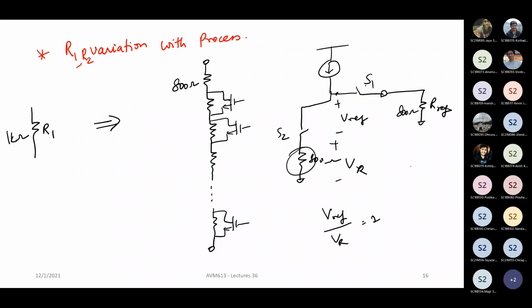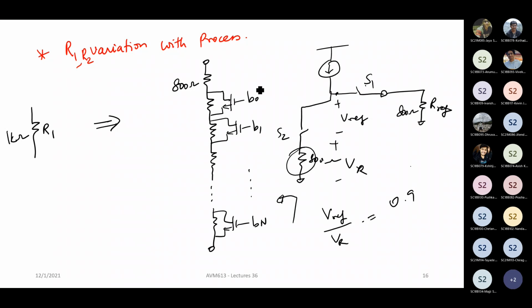For example, if this ratio is, let us say, less than 1, let us say it is equal to 0.9, which means what? That your resistance instead of being 800 ohm is some 10% higher. All right. Now most of these SOCs will already have some digital circuits inside. So you'll have what is called a calibration engine. You'll have some small logic processor which will go and set which of the bits should be turned on. Let us say this is B0, B1 all the way to BN. Okay. So it will set a certain code for this.